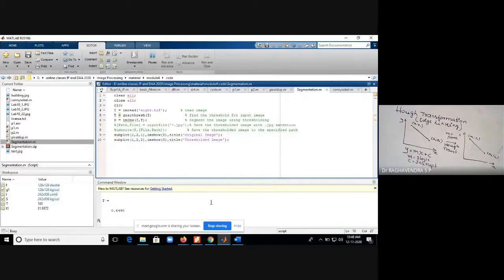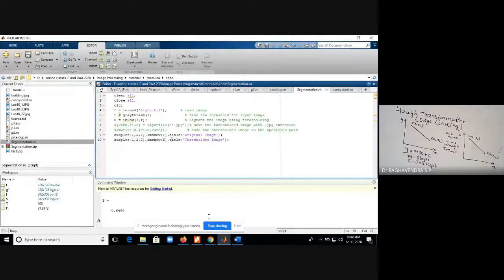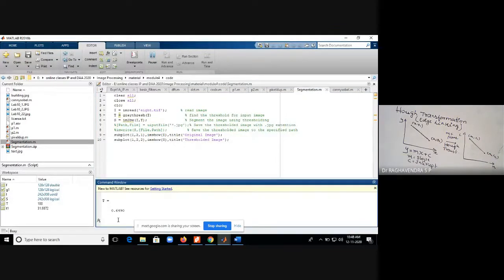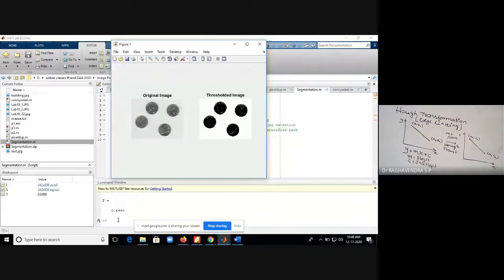Sometimes it will take a little bit more time, but definitely it will execute. So you can see the figure windows start to open. Yes, you can see the output now.